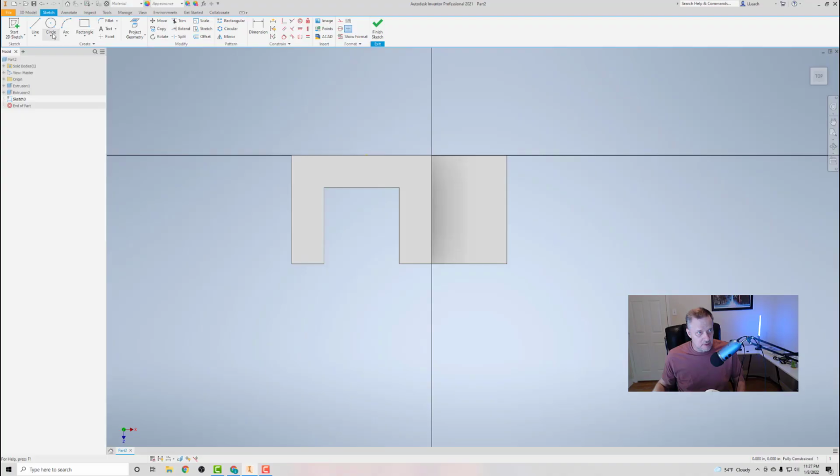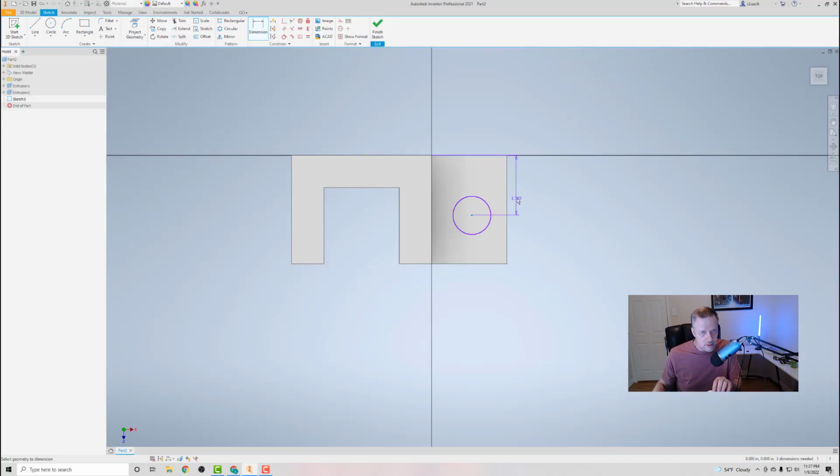So I'm going to go up to circle, circle center point. I'm just going to pick a random point here, and then just drag it. Let's say there. And then the next step says on your own, create and modify the dimensions of the sketch as shown in the figure. So basically the dimension from the center of this circle to this edge here